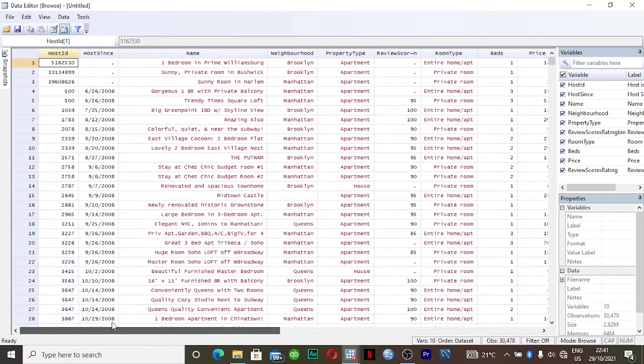Okay, another thing is that these observations, the first three observations, seem ambiguous to me, since they lack some information, like they don't have their review scores. The duration of time that there have been residents there is not shown.